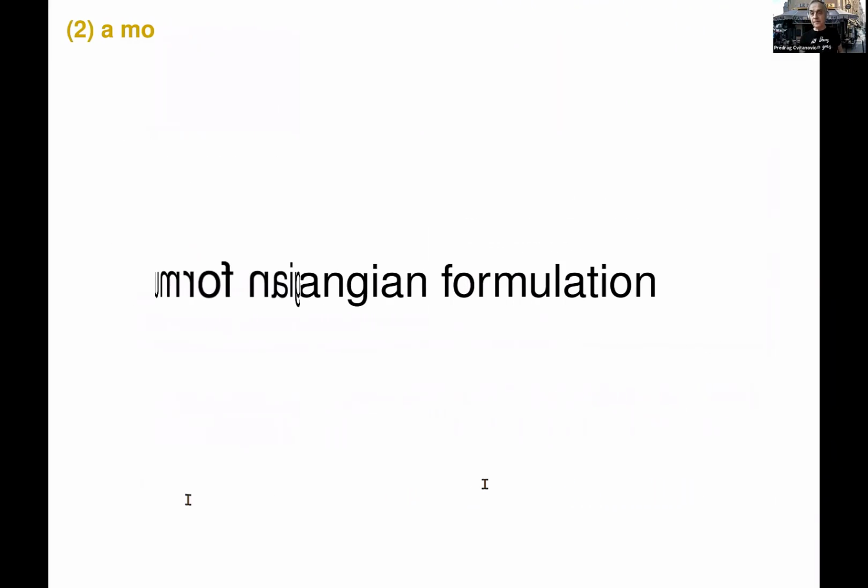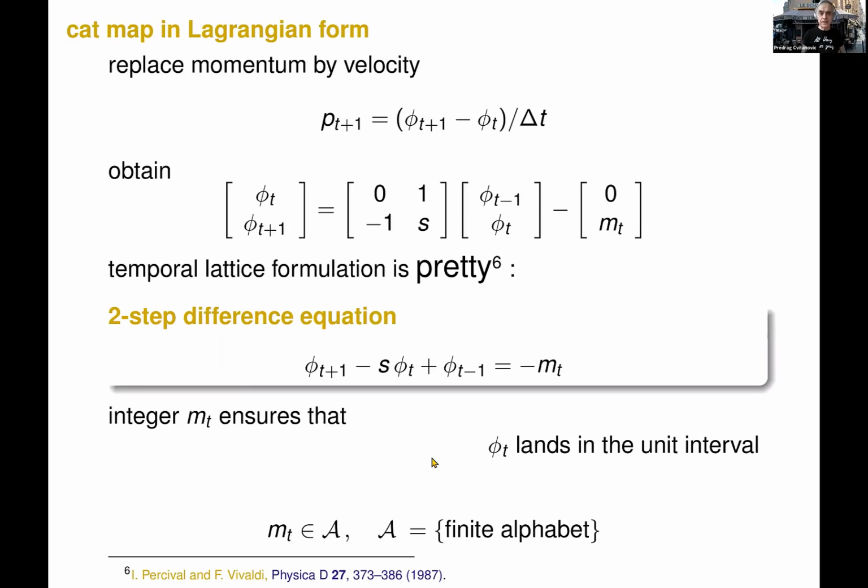Whenever you have a Hamiltonian system, you should describe it also in the Lagrangian way, which started, for example, with MacKay and Meiss in the late 80s. That might be a good way to do it. So the Lagrangian formulation says, instead of momenta, use velocities. In this case, velocity on a discrete lattice is just two nearby points divided by their distance, but we said delta t equal to 1.